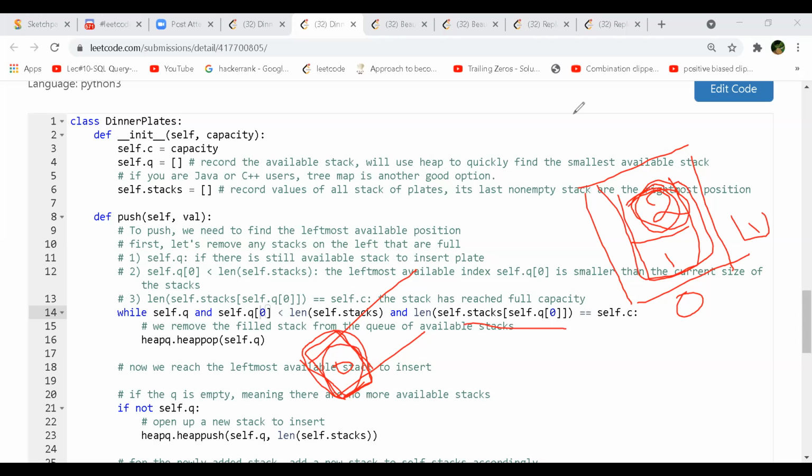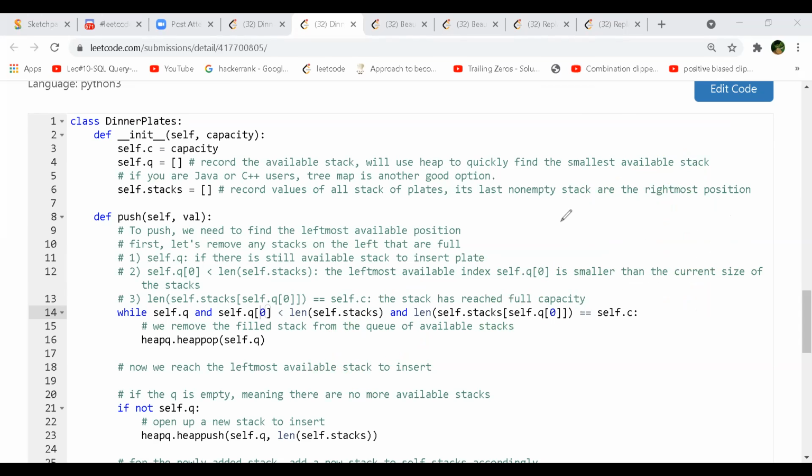And there he's checking 2 is equal to 2, and we are always popping it out whenever it has reached the capacity. The third condition has to check if it has reached the capacity. If it has, you just pop it out. Now got it. That was the bookkeeping you have to do. Even if it's a corner case, you still have to write all that code, because it won't pass all the test cases otherwise. But here I'm getting one conflict.